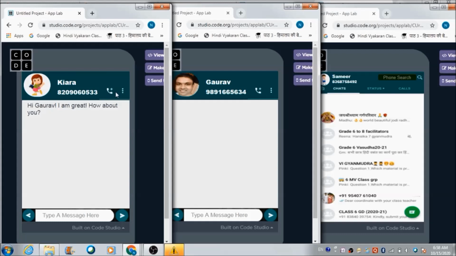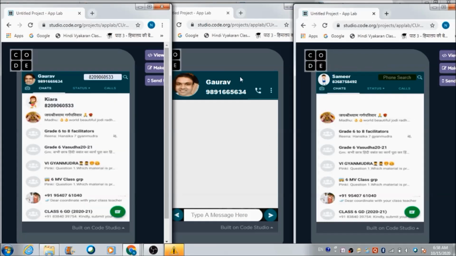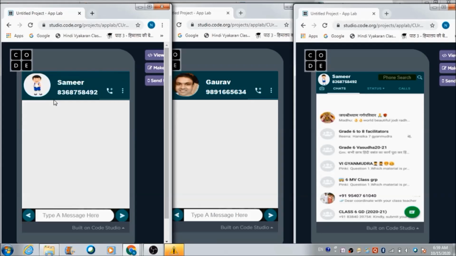Now suppose Gaurav wants to talk to Sameer at the same time, how can he do that? Again, he needs to search for Sameer's profile first, and when he hits this search bar, he will come across Sameer's profile. Now let's talk to Sameer.